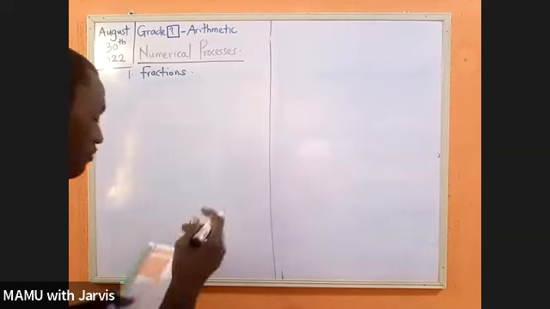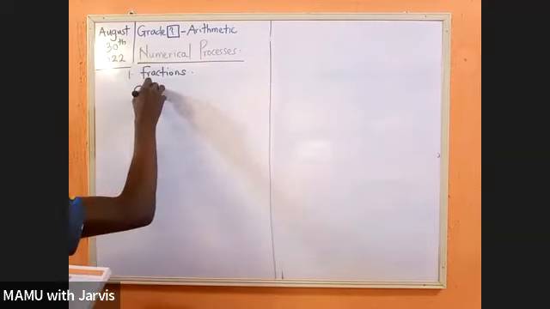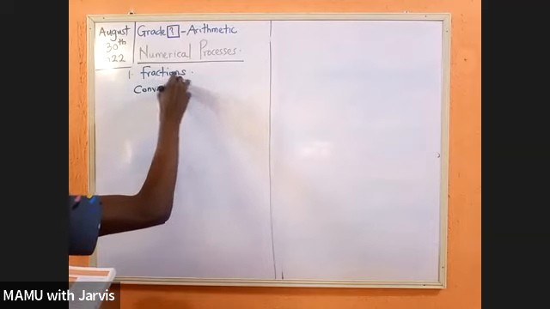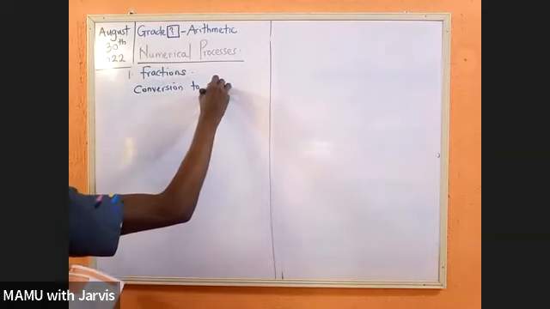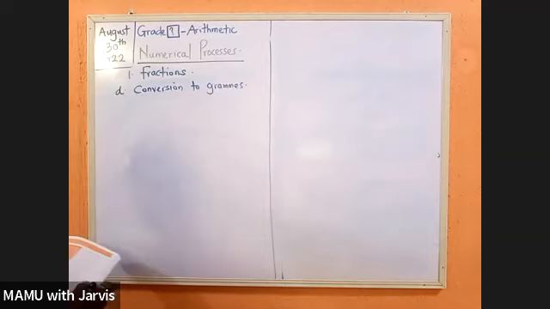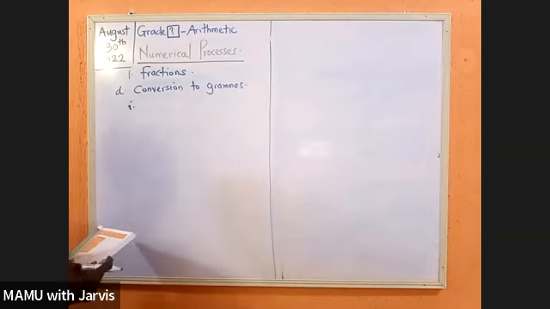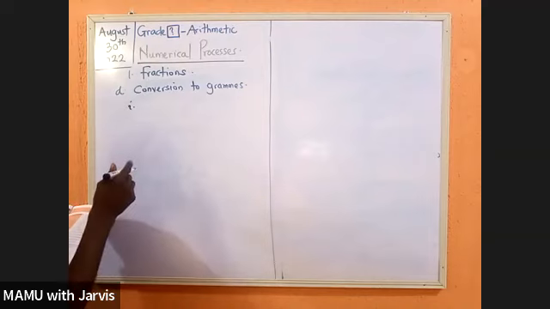So we come to conversion to grams. That should be D if I'm right. We've done 1, 2, 3. So that will be D. Now I'll take an example. Let's say you have